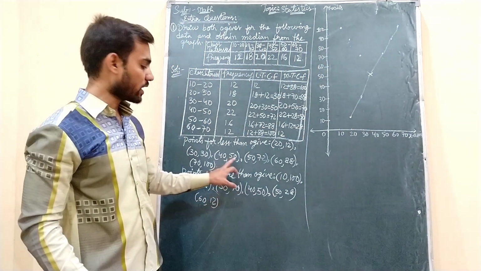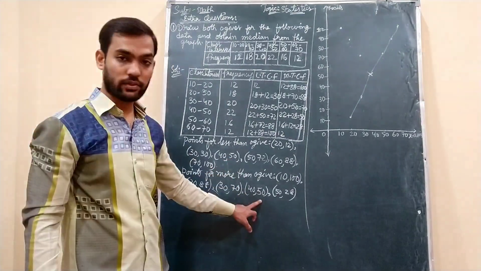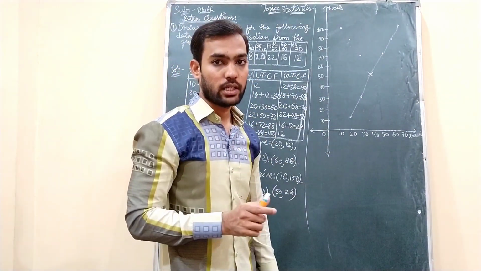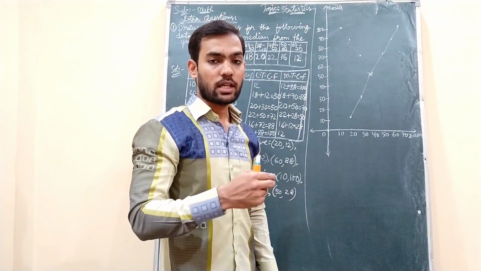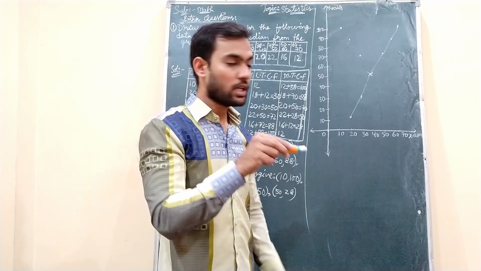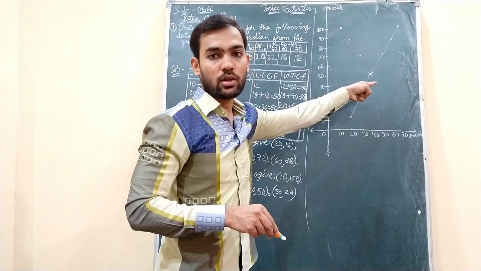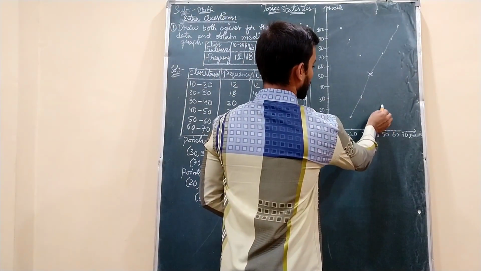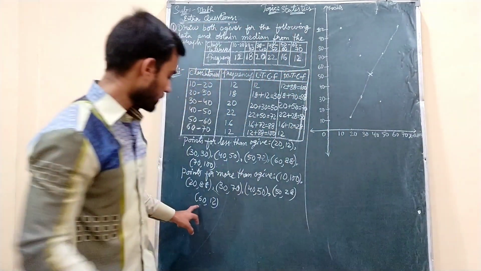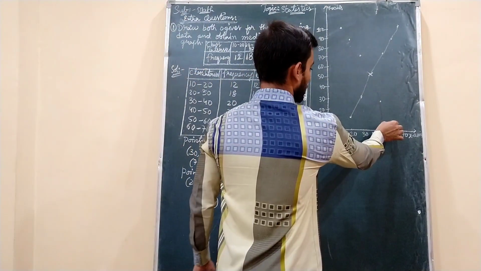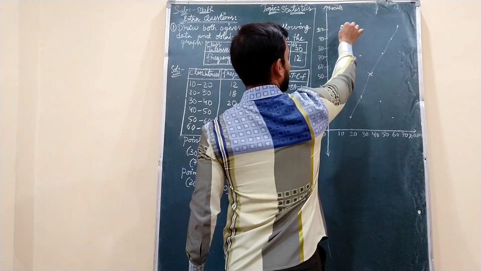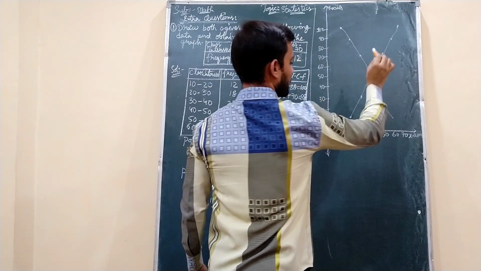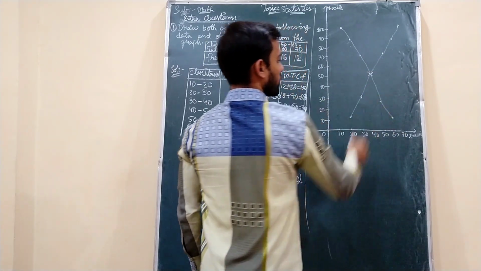Here also 40 comma 50 we got. Here also we are getting 40 comma 50. So again same point only we are getting. That is the reason I have kept a cross mark, so that you should not leave that point, which means again we got the same point. So when you are joining them, you need to touch that cross mark and then you need to pass for the next point. Then 50 comma 28, after 28th line. Then last one 60 comma 12. On 60 you need to plot at 12, which means above 10 second line. Then we will go on joining like this: 20, 30, 40, 50 and then 60. This is here more than ogive.